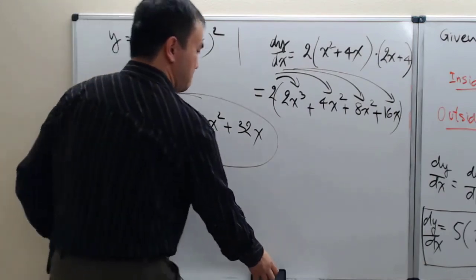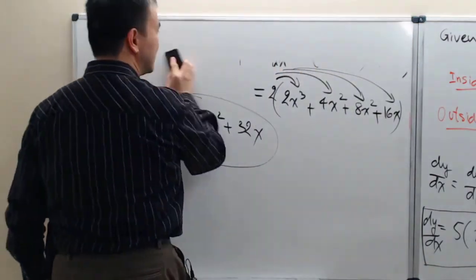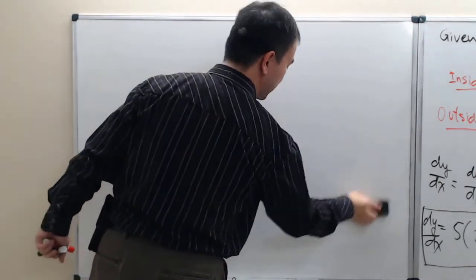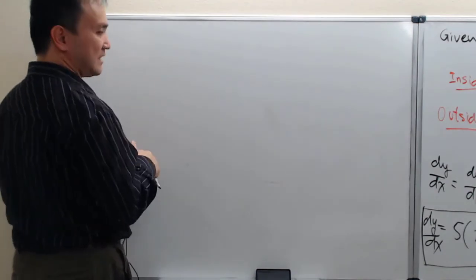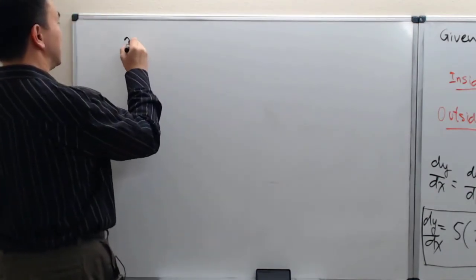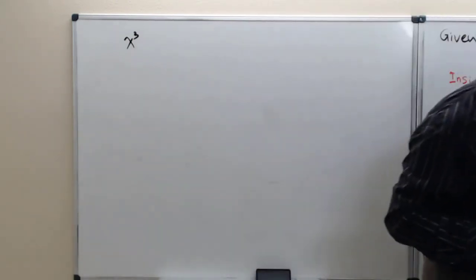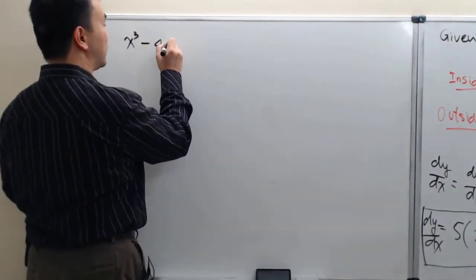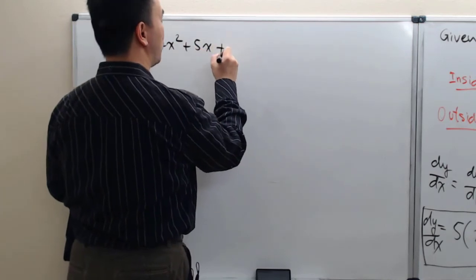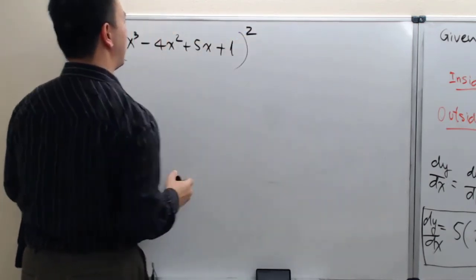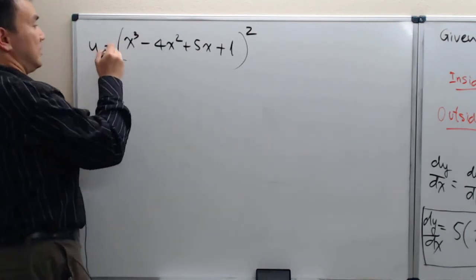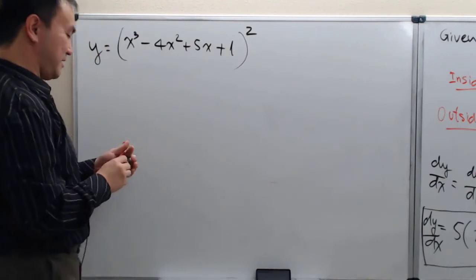Okay? And so I owe everyone who's viewing this video another little problem, a little gift right here. Because we also had that lengthy one, how about x cubed, and I forgot what that is already. Minus 4x squared plus 5x plus 1. But this time we're only going with the power 2 right here. So all of that, such a lengthy cubic function, is inside of a square. Okay, so let's find